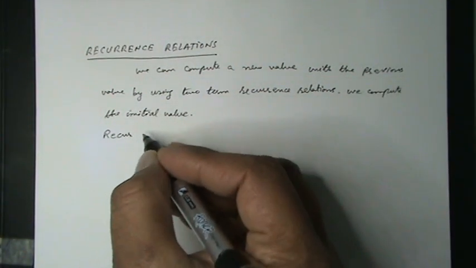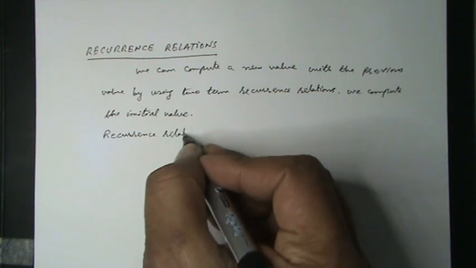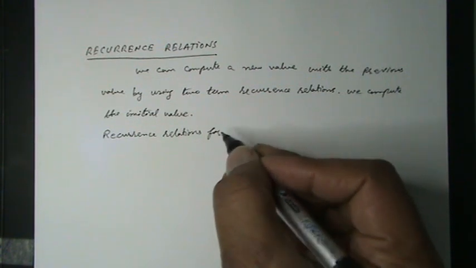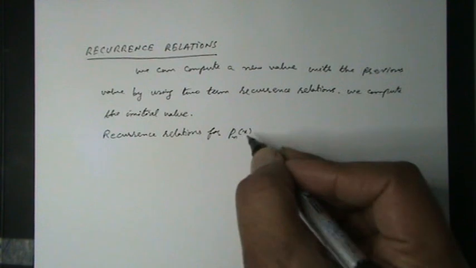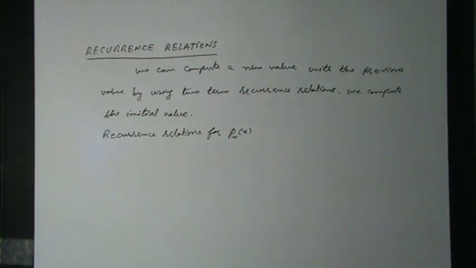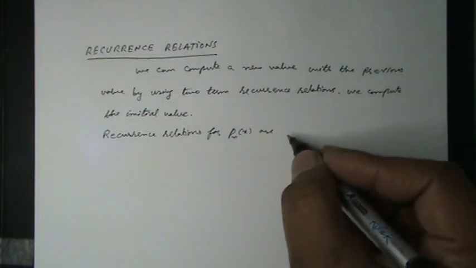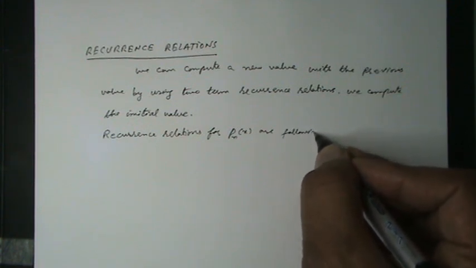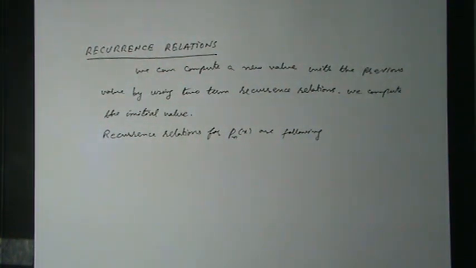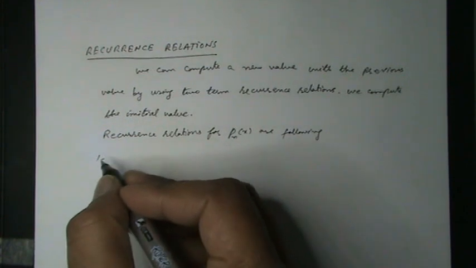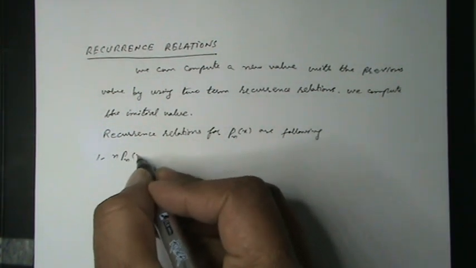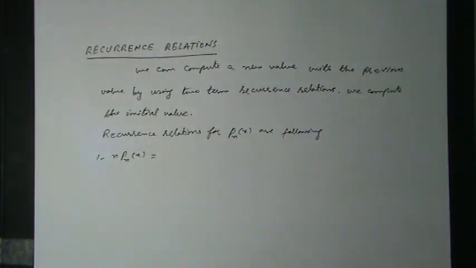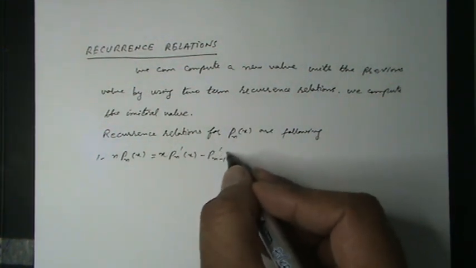Recurrence relations for Legendre's polynomial of degree n are following. Number 1, nPn(x) is equal to xPn'(x) minus Pn-1'(x),